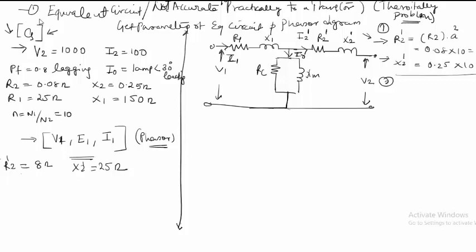Now my impedance Z2 can be written as 0.08 plus J 0.25, and my current I2 can be given from the power factor, which was 0.8 lagging, which will give me a phi angle of close to 36 degrees, which will give me cos phi plus J sin phi, and considering my current I2 is 100,